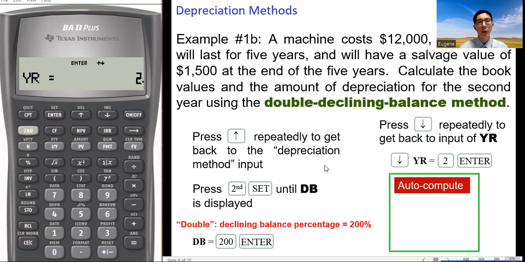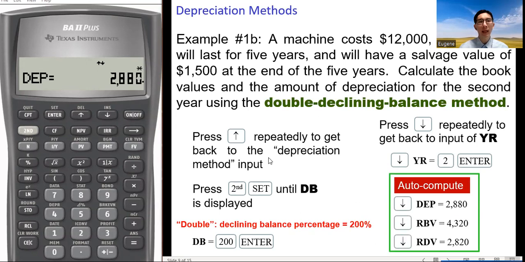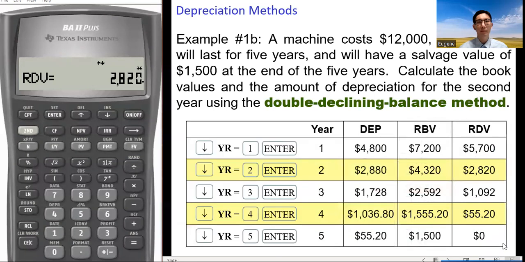And then we can get the corresponding quantities, DEP, RBV, and RDV. And this is the depreciation schedule for year 1 to year 5. And you can confirm the entries using the calculator.